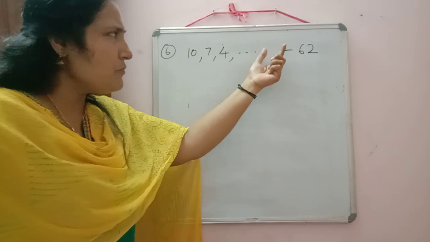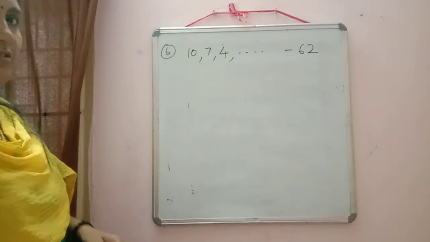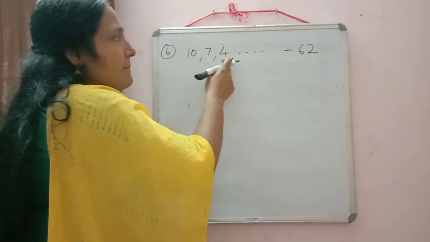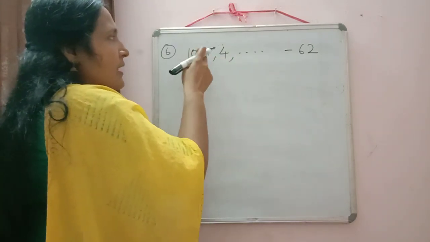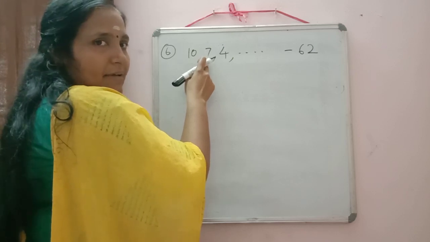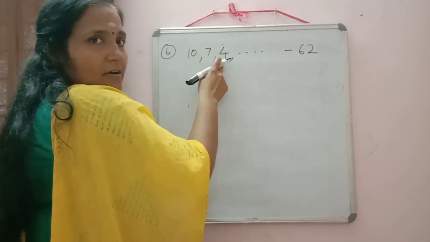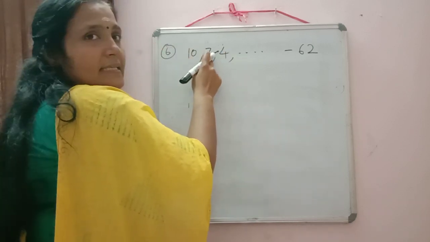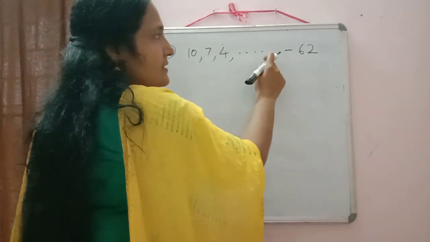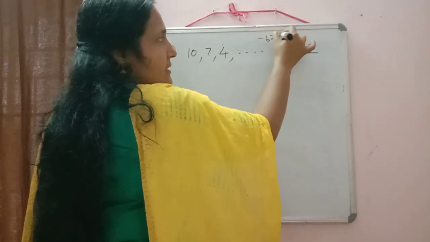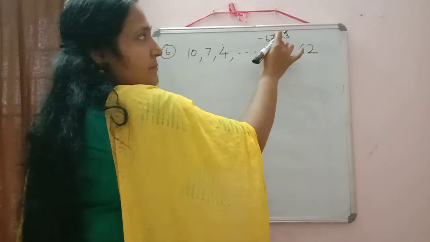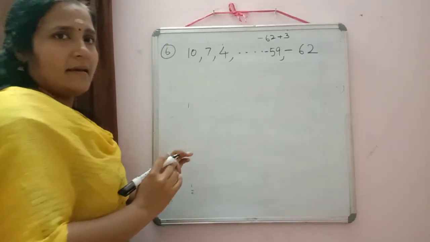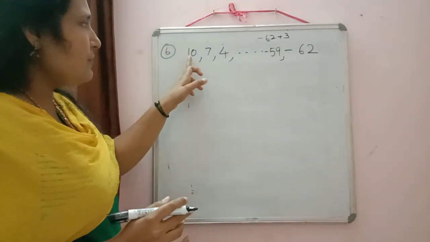So again we will check out what will be one more term here. Previous term also we will write. So to write the previous term we should know this value. Just to check, this AP is decreasing there. 10 minus 3 is 7 there. Then 7 minus 3, 4. So to get the next term, what we have to do here? 4 plus 3, 7. So here minus 62 plus 3. Minus 62 plus 3. What will come? Yes, it will be equal to minus 59.